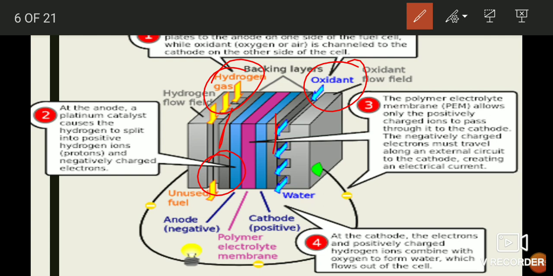Firstly, in a fuel cell, fuels can be used in liquid or gaseous form. Firstly, liquid form: liquid fuels like methanol, ethanol, hydrazine, formaldehyde, etc. And gaseous fuels used, for example, fuels like hydrogen, alkane and carbon monoxide. And then oxidants are used, like